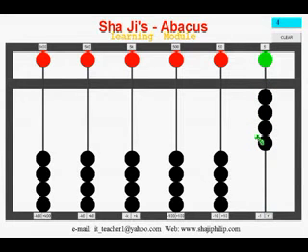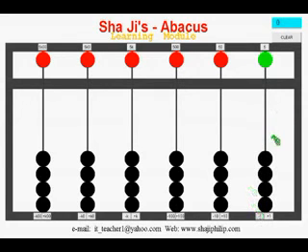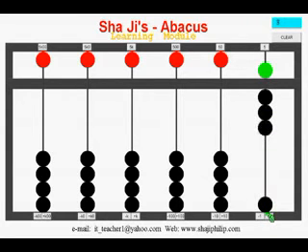But for setting the value of 5, the way is we have to pull all the earthen beams down. Now it will be 0, but if you move the heaven beam down, then the value is 5. Now the current value of this abacus is 5. If you want to make 6, then 5 already, plus 1, 6, plus 1, 7, plus 1, 8, plus 1, 9. So now the value 9 is set in the first set, that is the units beam.